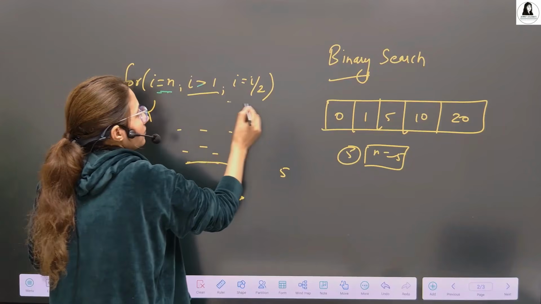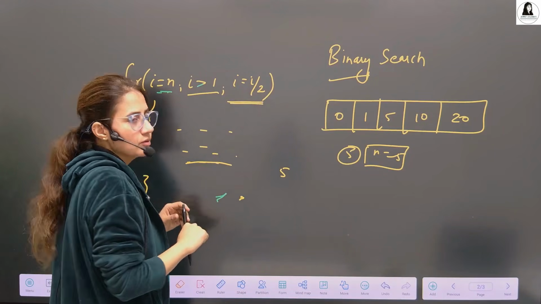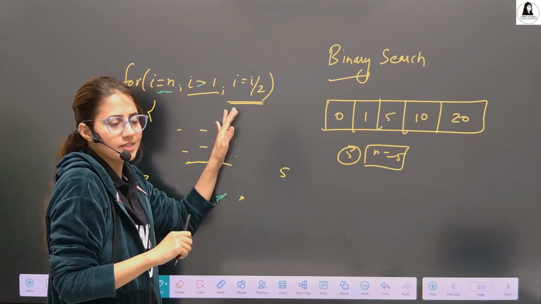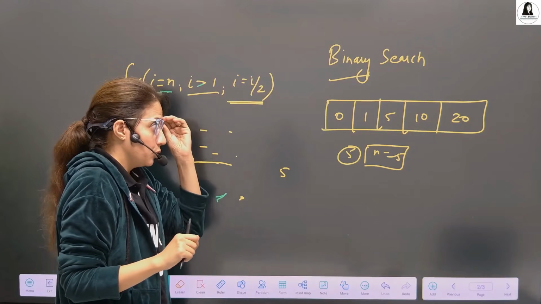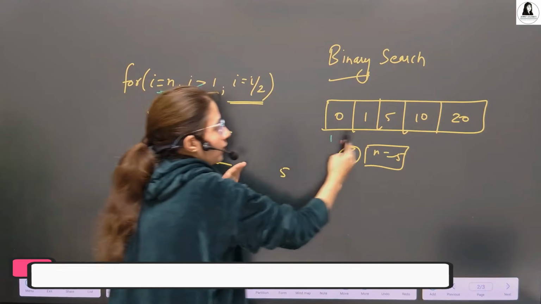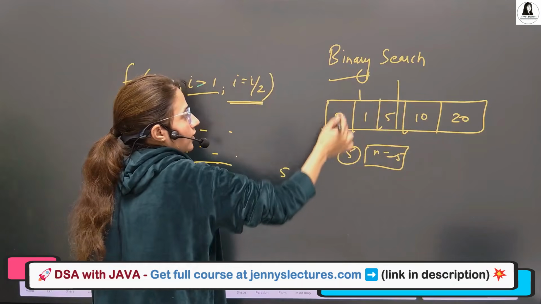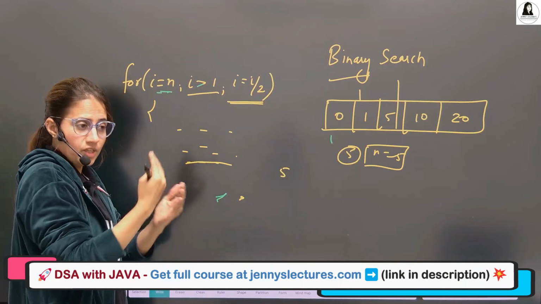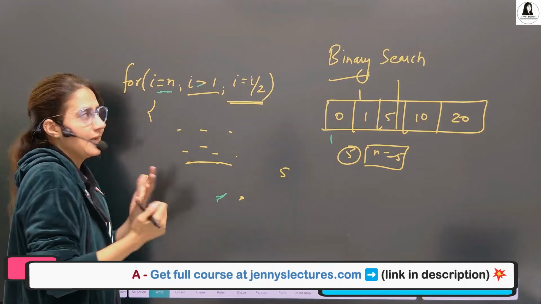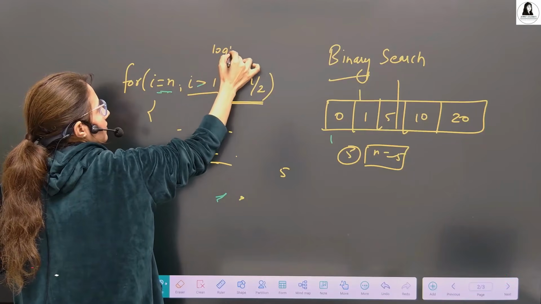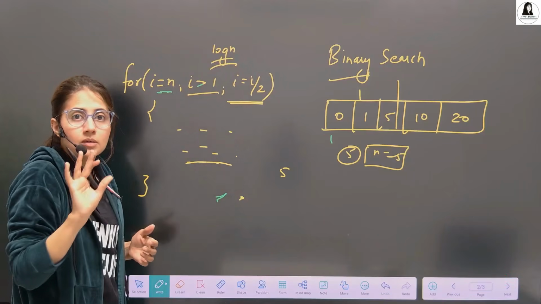So every time we are just dividing it by 2. Mainly in this case we use a while loop kind of thing. We are not going from here to here. We are dividing the array by 2, then again dividing by 2, then again dividing by 2. So if this kind of pattern is there in the program, then the time complexity is log n.